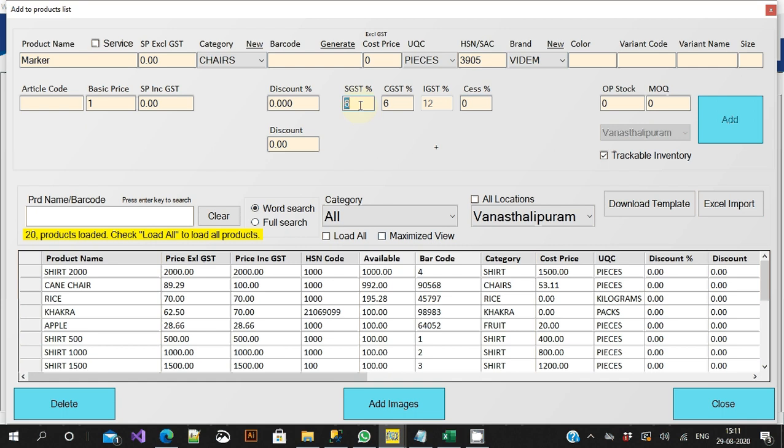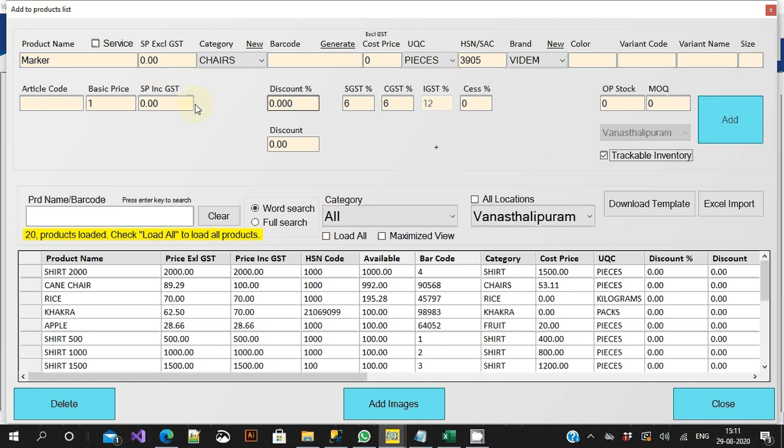The state GST is 6%, central GST is 6%. So if you are selling it outside your state, then the IGST triggers, it is 12%. If it is tobacco or alcohol which incurs some cess, make sure that the 1% cess is added. So right now I am making it 0 for convenience's sake.